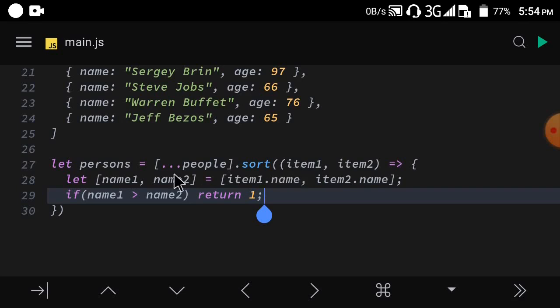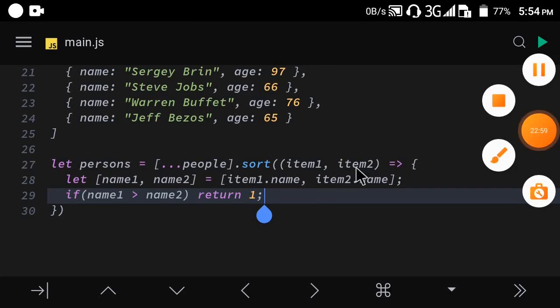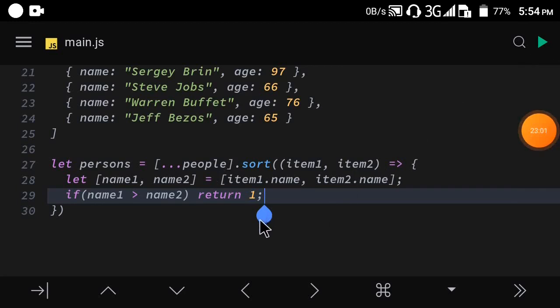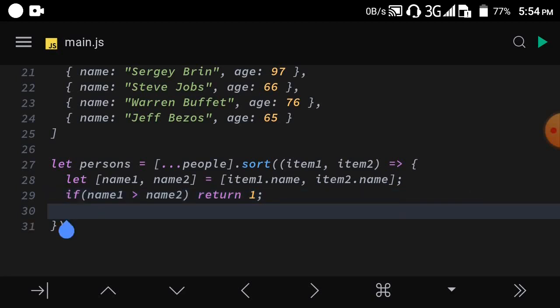Remember that. And now I just said if name1 is greater than name2, which means that Warren Buffett is going to be our name1 here, just for explanation purposes. Jeff Bezos is going to be our name2, and because Warren Buffett is actually more than Jeff Bezos, because Warren Buffett starts with W and Jeff Bezos starts with J, this function is going to return 1. Okay, that's the first